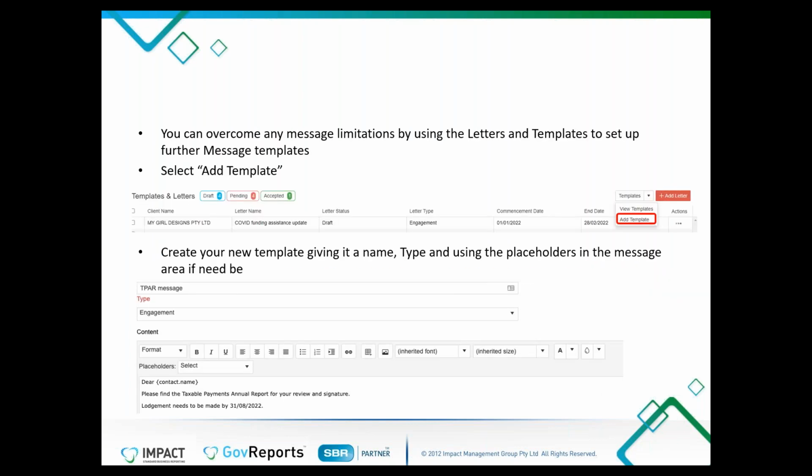Now, previously, there was a message limitation of 5 messages to be set up in the messages area. I'm not sure, Tiana, whether or not that has changed, but if it hasn't, you can overcome that message limitation by creating your own letters and templates to set up further message templates. And we do that by creating a template